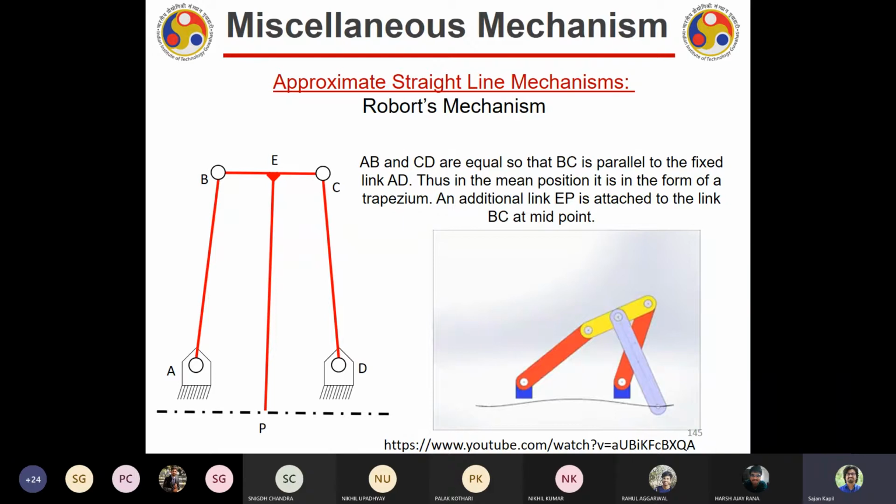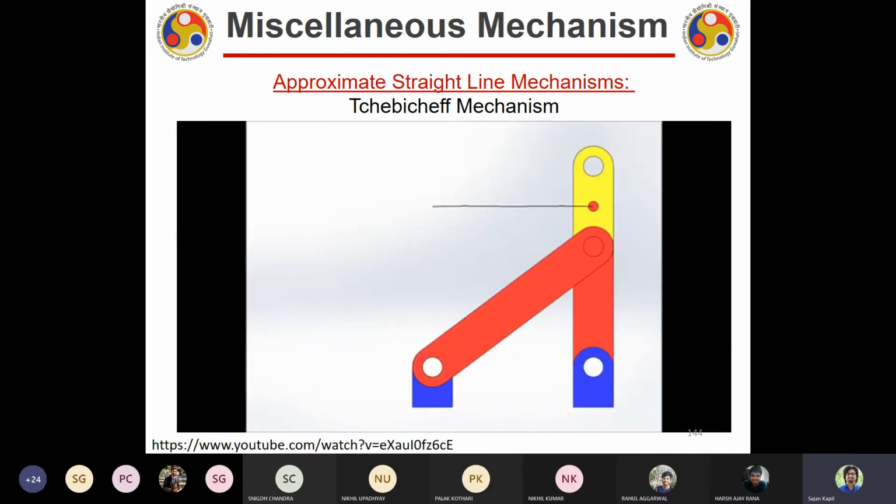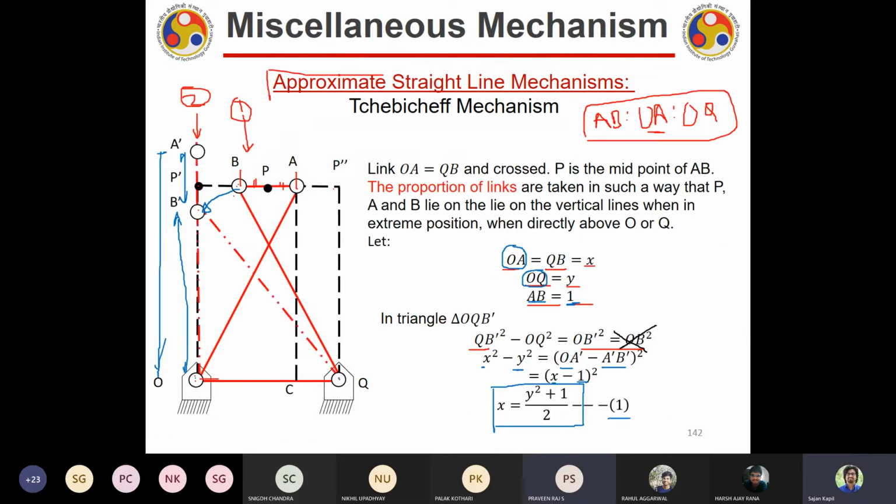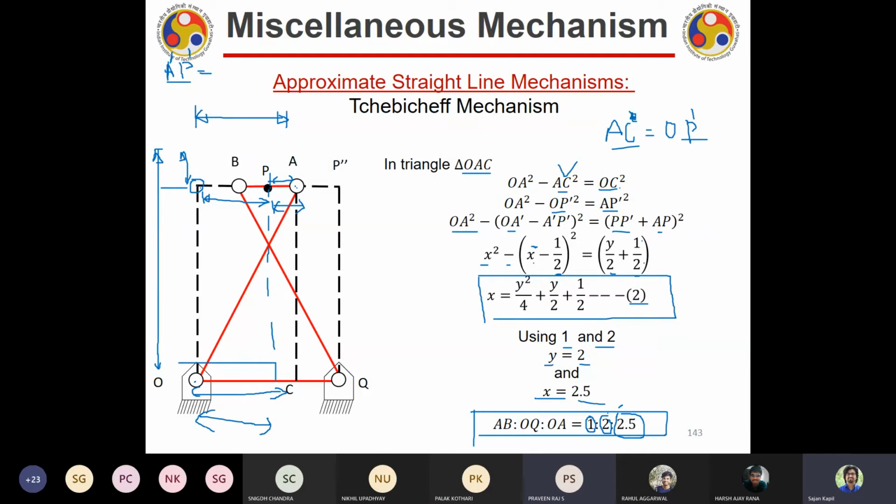Excuse me, sir. Yes. I have a small doubt. When we equate both the equations 1 and 2, they'll become quadratic in y, right? One is we can eliminate x first. After eliminating x, we can equate both of them. Then it will be quadratic in y. So we must be having two values of y, right?